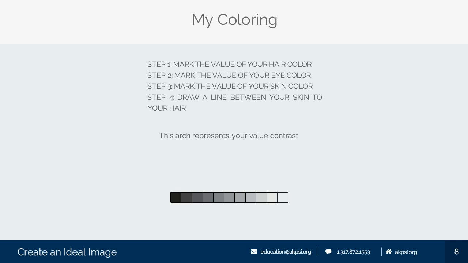So for myself, I think you saw from the beginning photo, I have blonde hair, I have fairly light skin, and fairly dark eyes. So my contrast level is going to be more towards the lighter end of the spectrum. So I'm going to go kind of this medium to light zone. Now, if someone had really dark hair and they had really light skin, then their ability to wear contrasting colors goes through the roof. So those are the people that want to wear black and white.